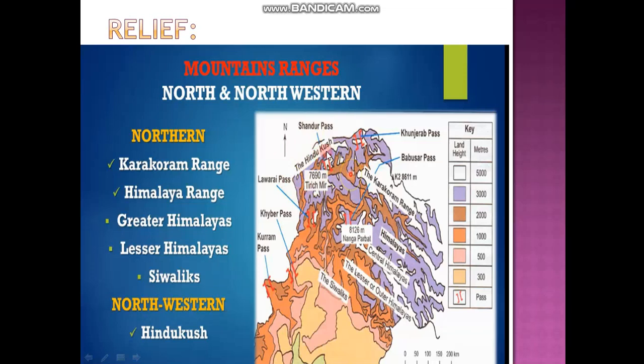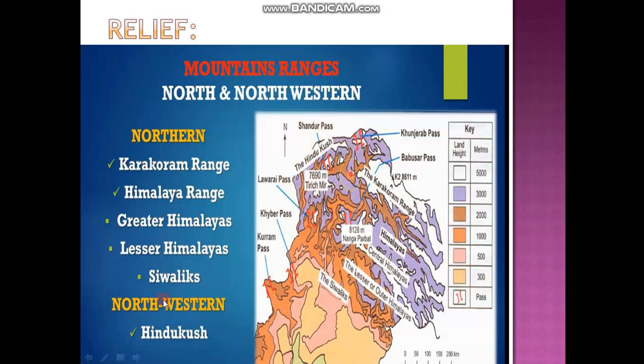Look at this Hindu Kush range. This is the highest peak of the Karakoram, which is 8,611 meters high, K2 Godwin Austen. In the Himalayas, Nanga Parbat is the highest peak, and in the Hindu Kush you can see Tirich Mir is the highest peak. So this is the exact location on the map. And the features are highlands, altitude, deep valleys, snow-covered peaks, etc. This is the relief of the